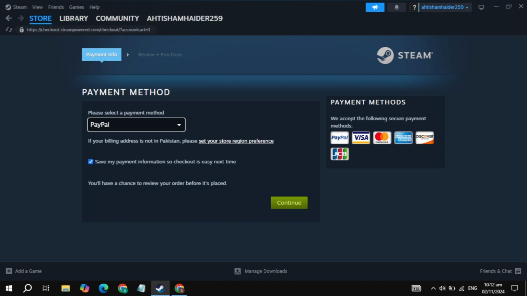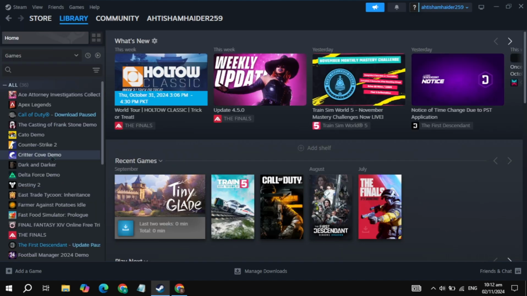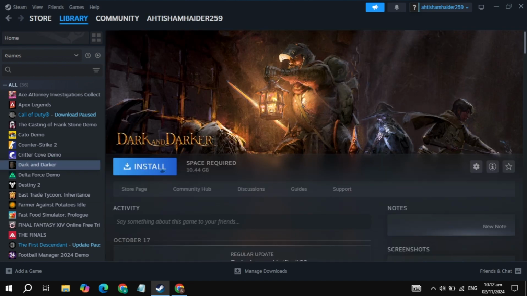Just go to the library of your Steam and on the left hand side just find the Dragon Age the Veilguard game. Then click on that, click on install, and this is how you can download and install this